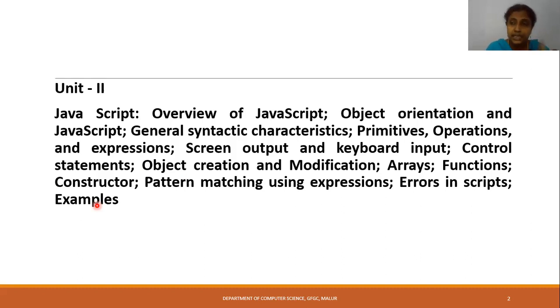So the client side, client means we are the ones who are using the web pages, correct? On the client side, when we can check for these kinds of validation and verification, we can use one kind of language called a scripting language. The main purpose of a scripting language is to check for validation and verification. It can be done on the client side or the server side, but here our syllabus will focus on the client side. Rather than going to the server and getting an error message, if the error is shown on the client side itself, time wastage will be avoided.